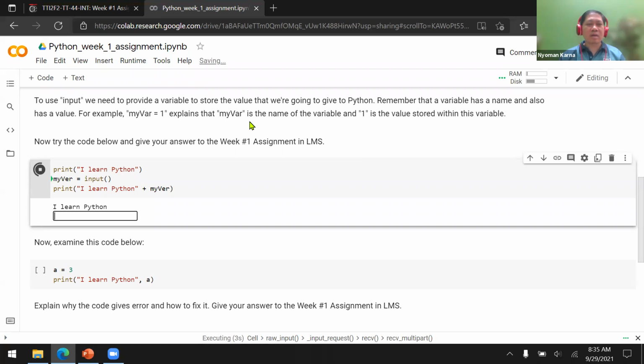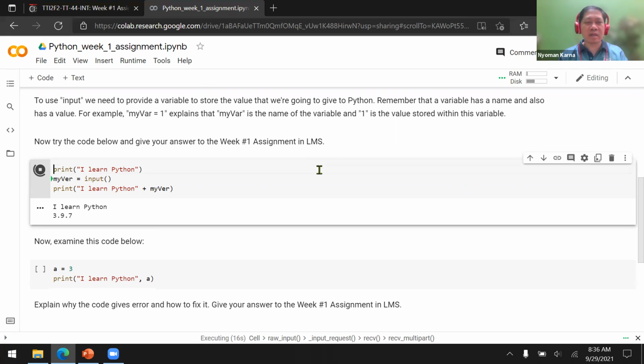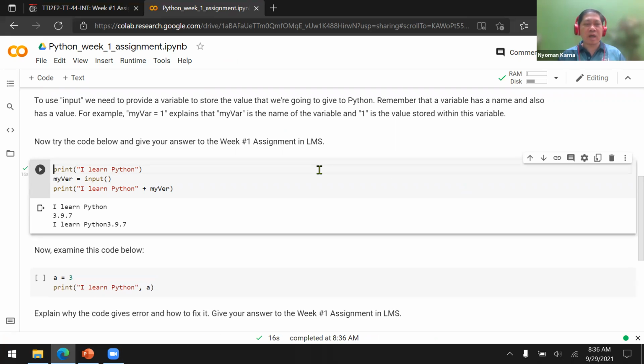Now it prints I learn Python, and then it asks for the input. My version is 3.9.7, and then I press enter, and it prints I learn Python 3.9.7 as the result of the third line, print I learn Python plus myvar.